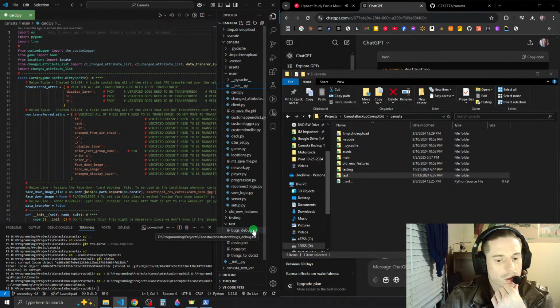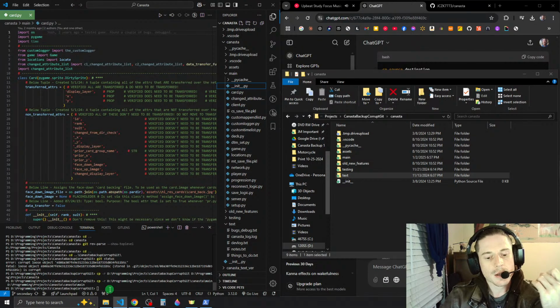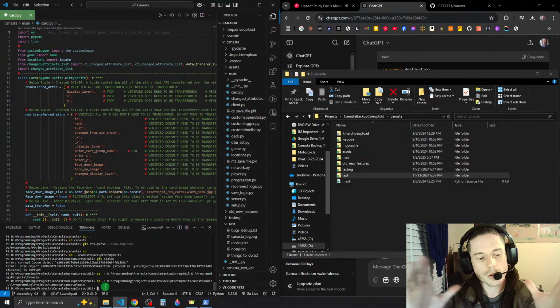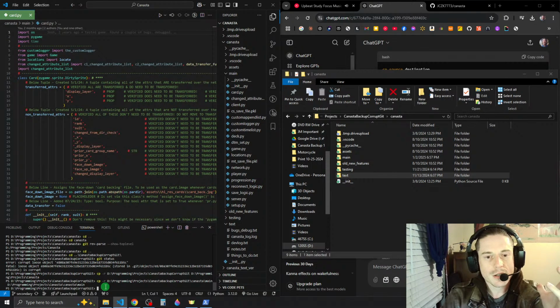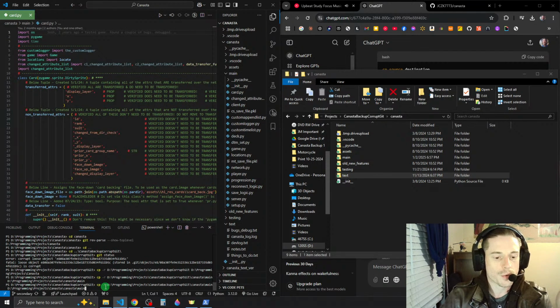Okay, so this is copying that directory into main. Why is this? I thought that was the correct wording. What's the difference? D programming projects, Canasta, Canasta main. Why is that not working?